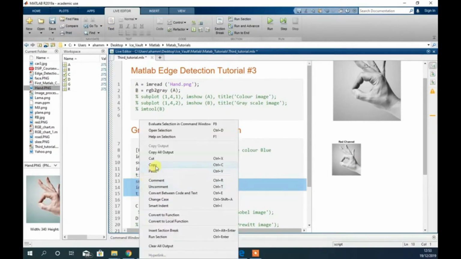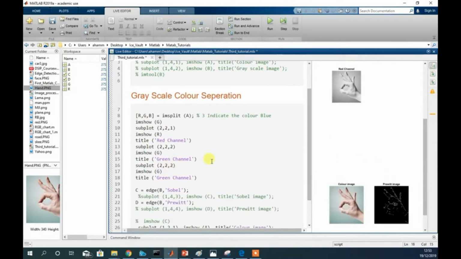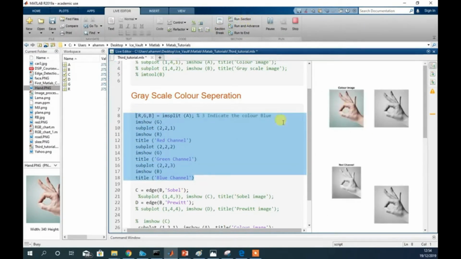Now the third one, we copy this line of code, the third one, three, B for blue, changing the name, blue channel. If we just select this line of code and run the section,